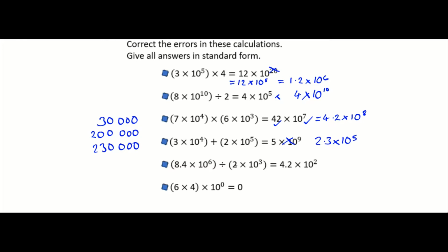This one here, 8.4 divided by 2 is 4.2, and 10 to the 6 divided by 10 to the 3, we're not going to do 6 divided by 3. Remember rules of indices. 10 to the 6 divided by 10 to the 3, we need to subtract those powers. 6 minus 3 is 3. So the only thing wrong with that one was that power should have been a 3 there, because 6 minus 3 is 3. And finally here, 10 to the 0, remember that's just 1, so 6 times 4 is 24,